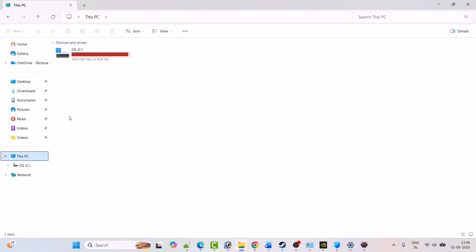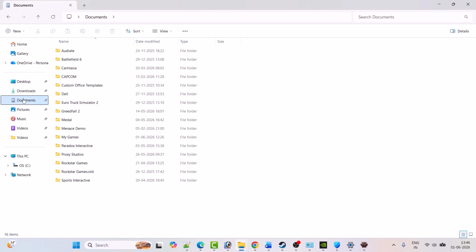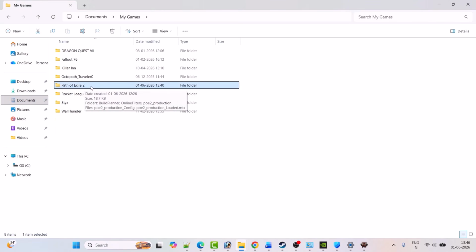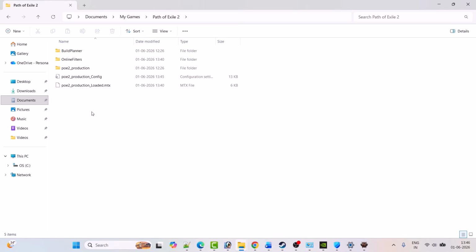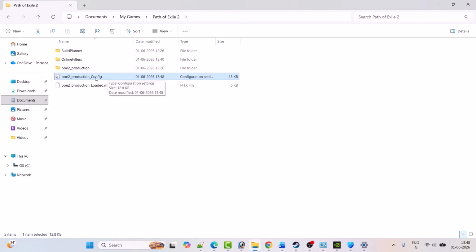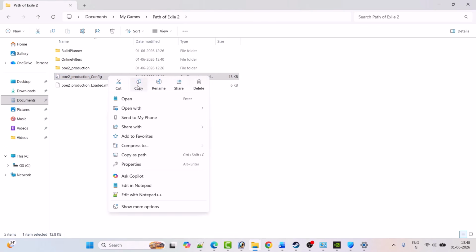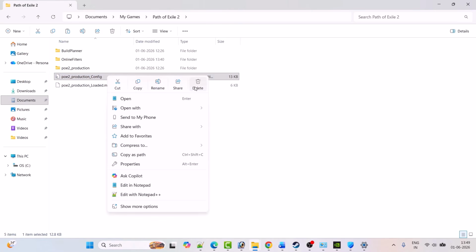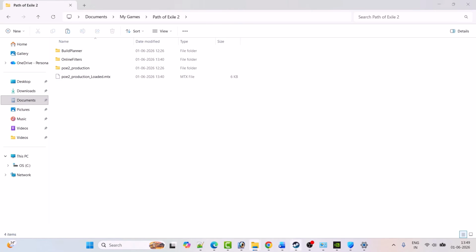Open File Explorer. On the left, click on Documents, then click on My Games, and here you will see Path of Exile 2 folder. Open it, and here you will see Path of Exile production_config. Now right click on this config file. First copy it, then go to the desktop and paste it to keep the backup of this file, and then right click on it and then select delete to delete it, and then you can go ahead, launch the game